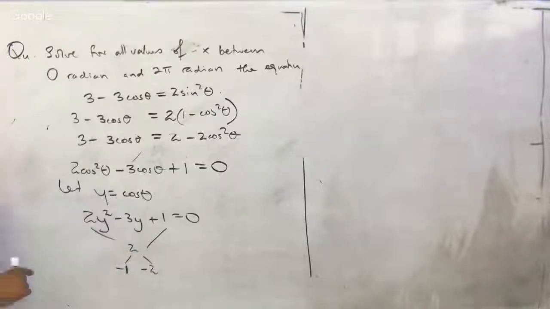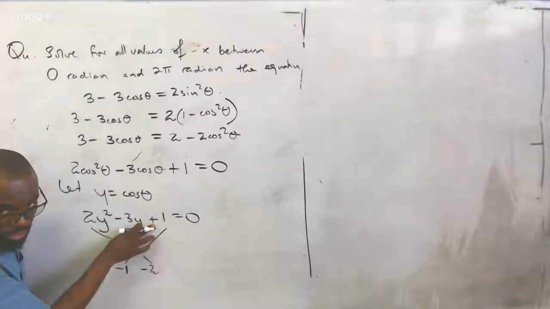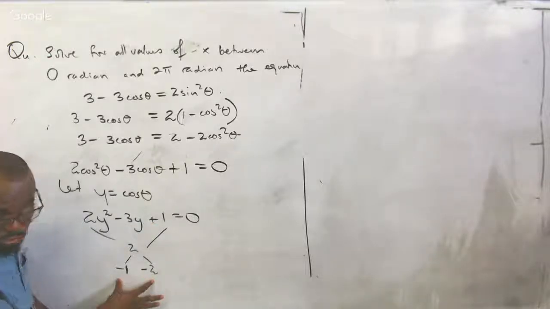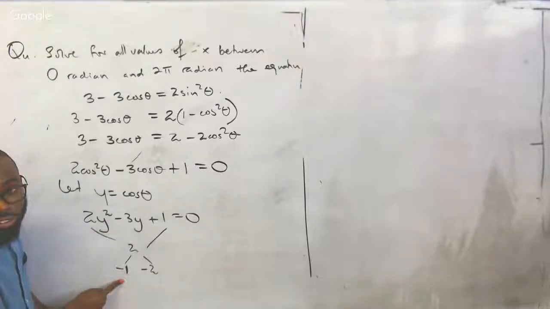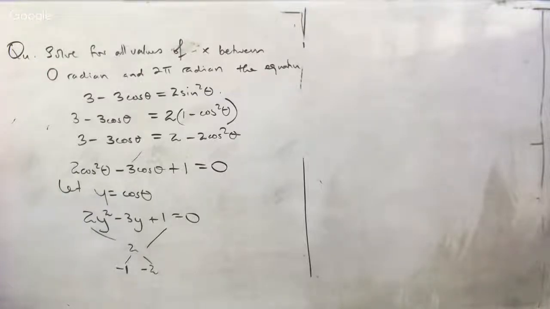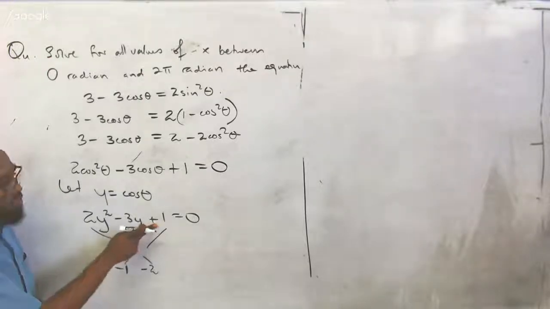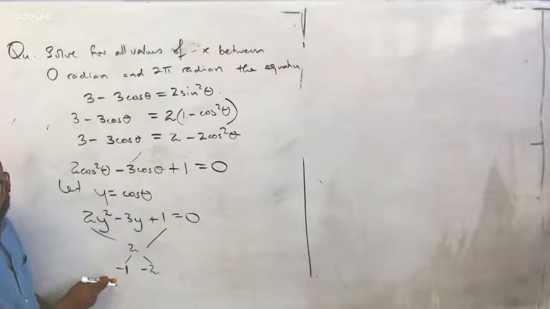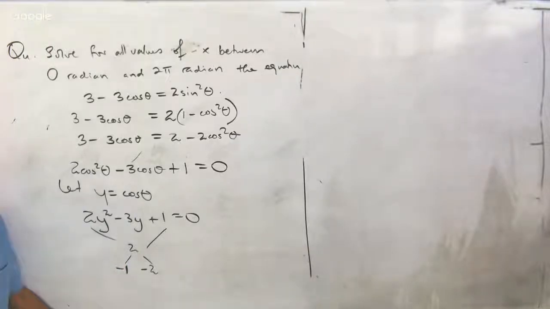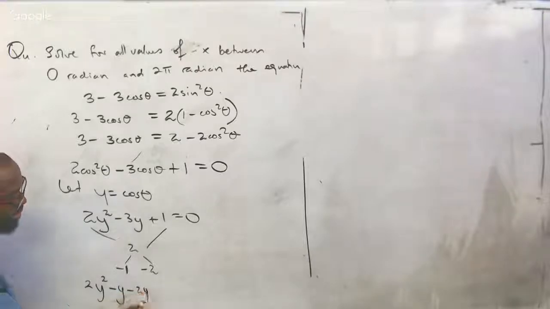That's by deduction. But there's a rote method where you can say the last term is positive. That means the signs on these 2 factors need to be the same, and they need to look like the middle term. So they are both negative. Fair enough? So if the last sign was negative, that means one of them is a plus, one is a minus, which is essentially saying subtract them, right? So this becomes 2y squared minus y minus 2y plus 1 equals 0.